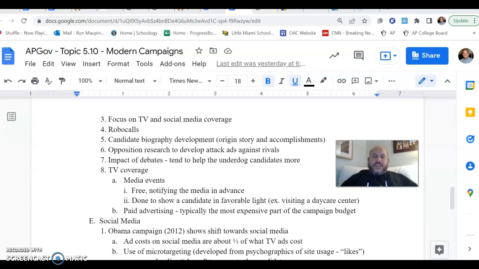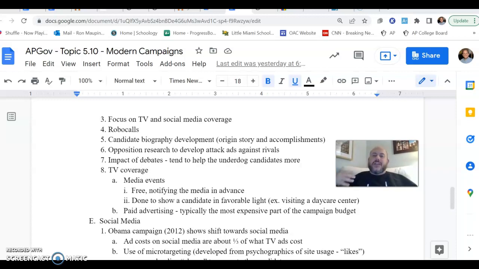Of course, making sure the candidate looks good on debates. Underdogs tend to do a little bit better on the debates than the incumbents. But it's not even so much that you have to do well. You just have to exceed expectations. Incumbents tend to have higher expectations than challengers. So bottom line is, whatever your expectations are, you want to exceed them, which means you hope the expectations are low going in. When we talk about, of course, TV coverage, you want to get at that as much as you can,